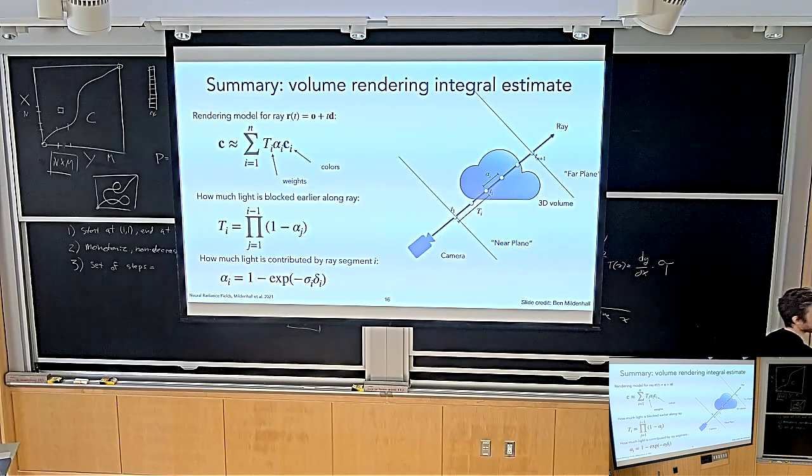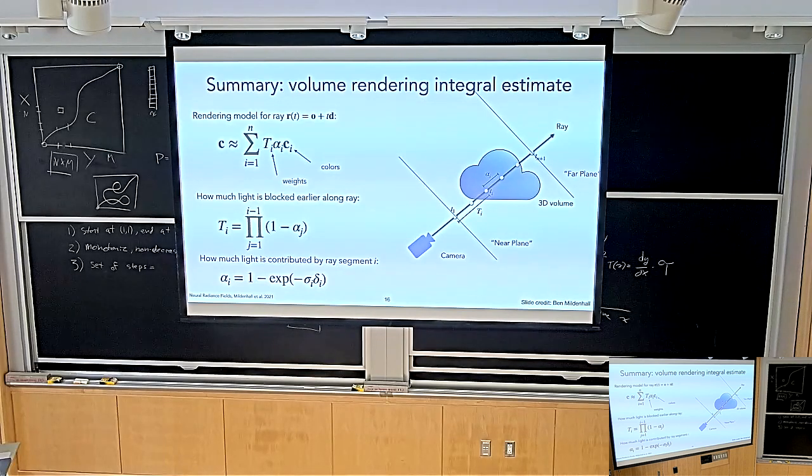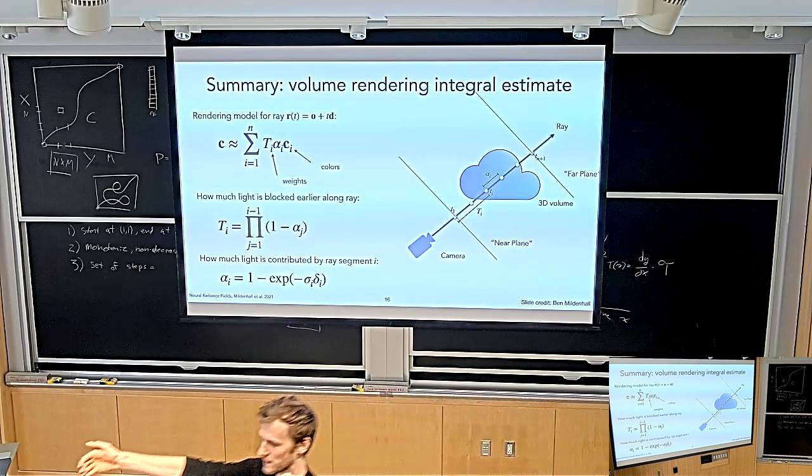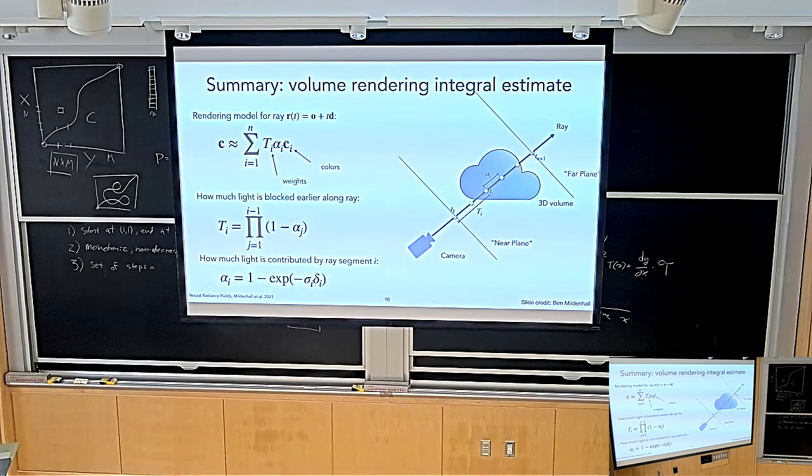And in practice, what you do is you place your camera in the scene. You assume a near plane and a far plane, and you say everything that the camera can render is between this near and far plane. In theory, you could place the near plane at the camera itself, but there are practical reasons for why you don't usually do that. You usually say, I never touch something with the camera. Generally, when you have an expensive camera, you don't like to put it directly into something, right? So maybe you place the near plane 20 centimeters away from the camera, and you place the far plane at some distance away, such that it contains all the parts of the scene that you want to render. Then you take your ray, and within these bounds, you discretize the depths.